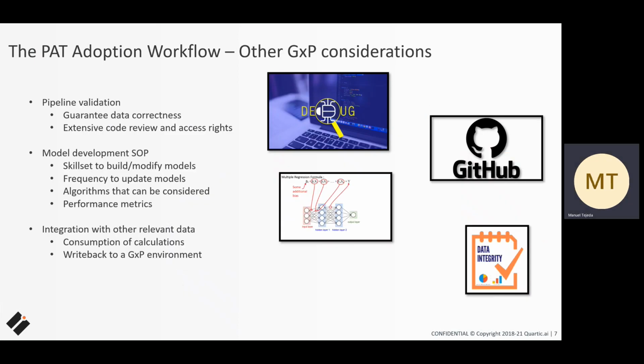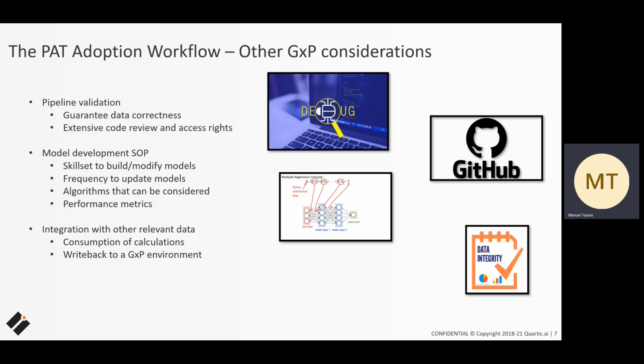Now, once you've gone through that, there's now GXP considerations that you have to keep in mind. How are you going to validate that pipeline? How are you going to guarantee all that data correctness, the spectral data, the controls data, any offline lab samples data, exchanging so many hands? You've written code. You've got to manage that code. You've got to have access rights on that code. So that's the entire software, entire tech company, things that tech companies specialize in, that now your manufacturing company has to